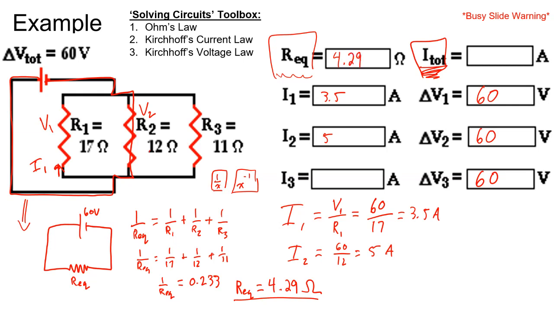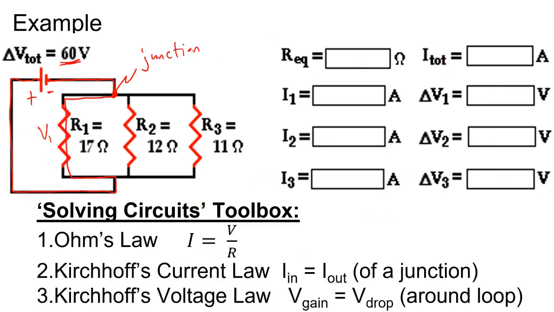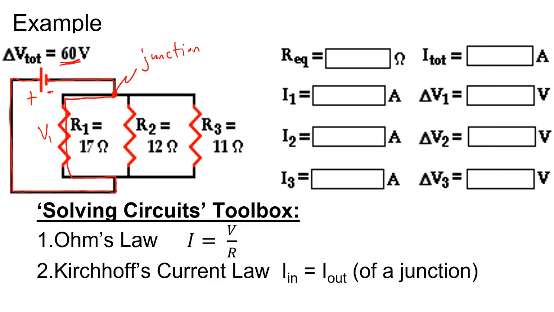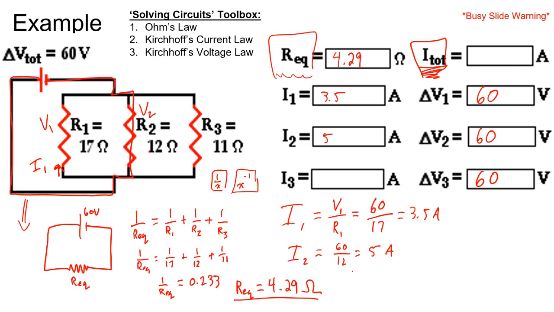Okay, which makes sense. As we add loads or resistors in parallel, it decreases the overall resistance. So that makes sense that the value is 4.29. Okay, next we'll find our total current